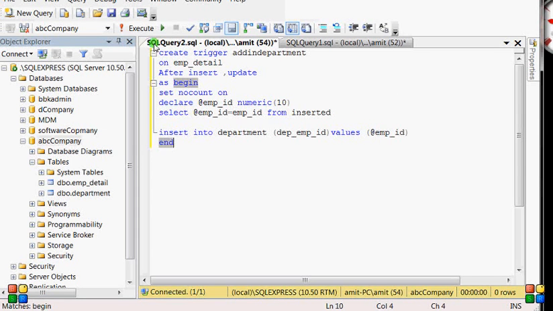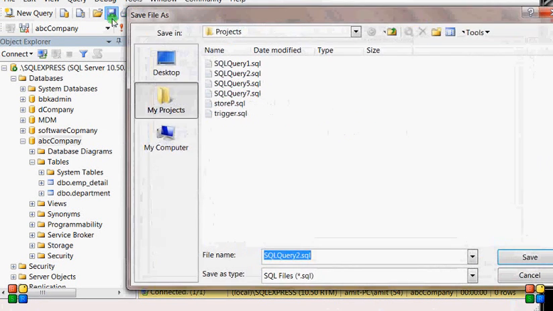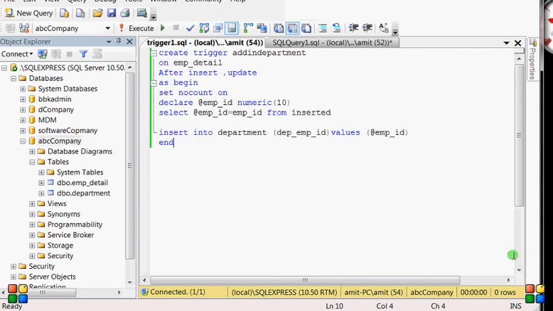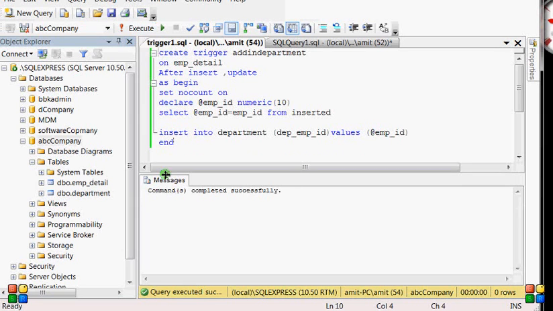Now I have to save this. So give it some other name like trigger one. So it is saved. Now we can check it also. Yes, it is also completed successfully.